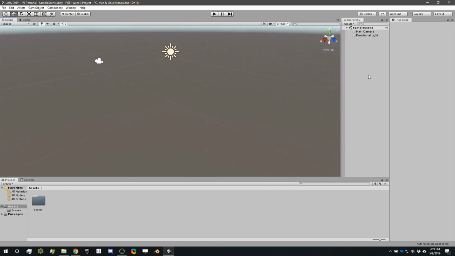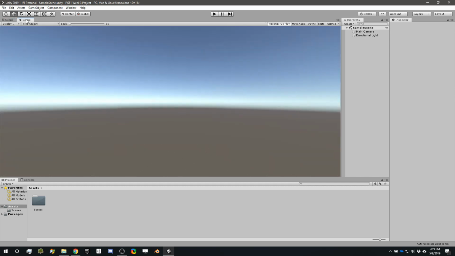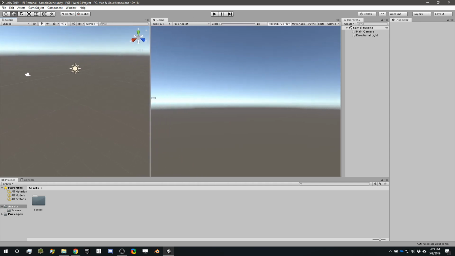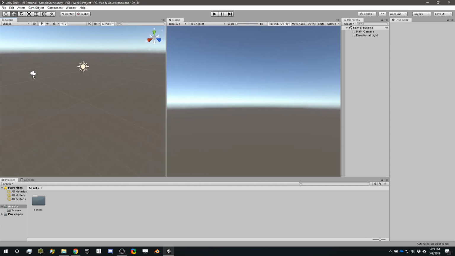So I now have a little bit more working room over here. I'm going to take the game view and undock it, pull it over here and dock it right up against hierarchy. That way these two windows are side by side. I can see into the scene view and I can see into the game view while working in these other